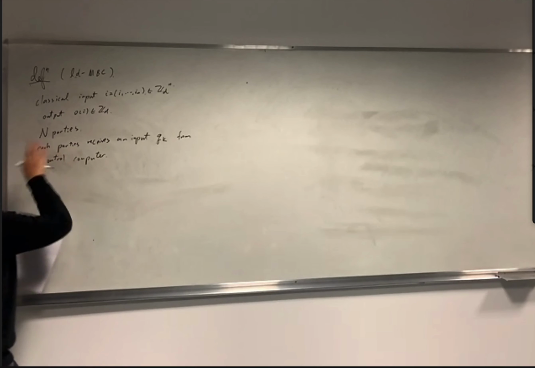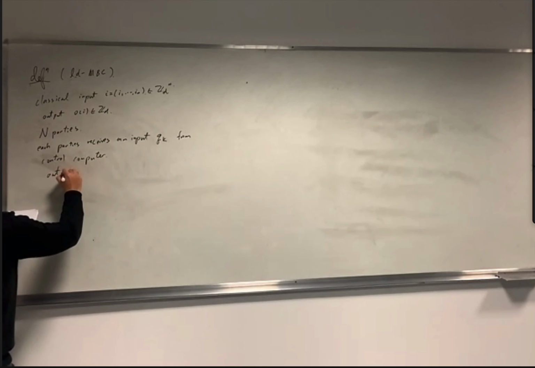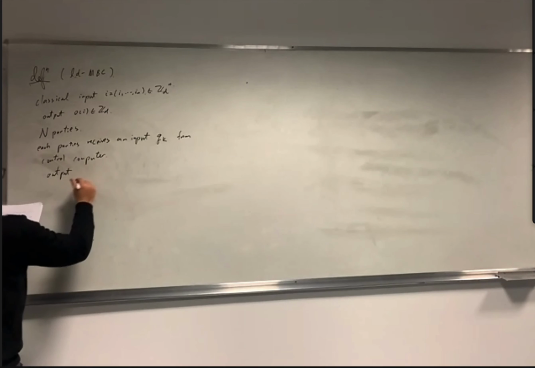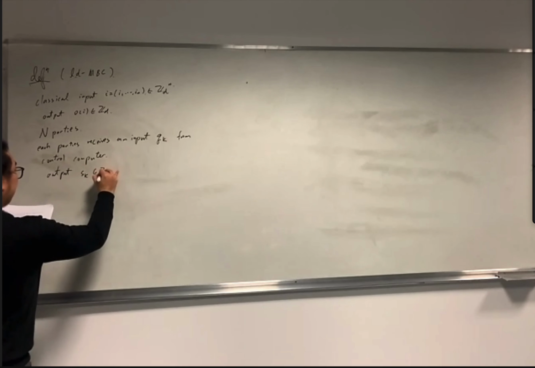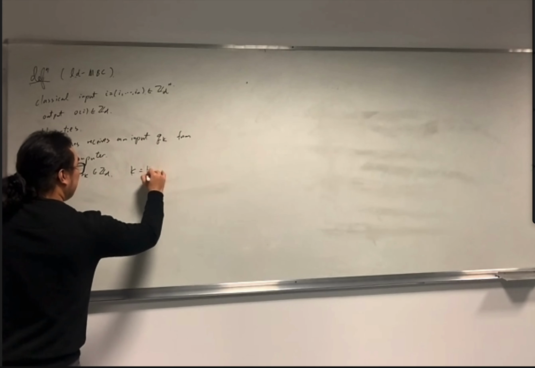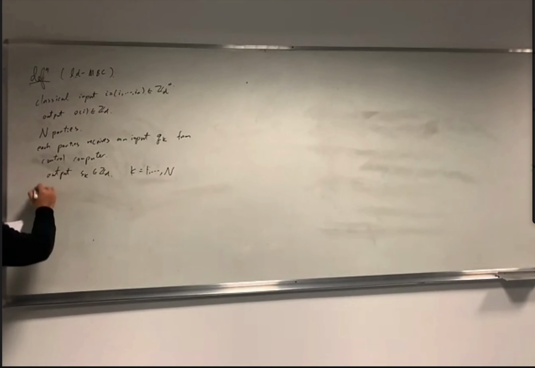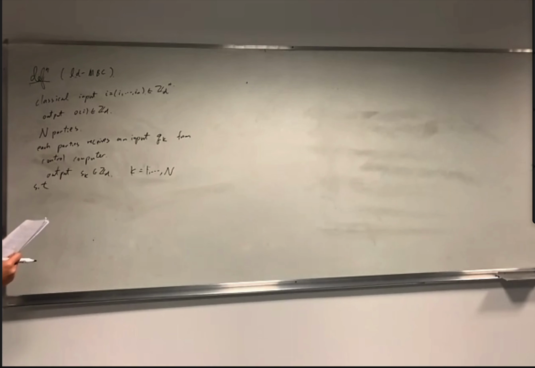Okay, parties have received an input, and then we'll have an output denoted by S_k. Okay, so k is something between 1 and n parties, such that